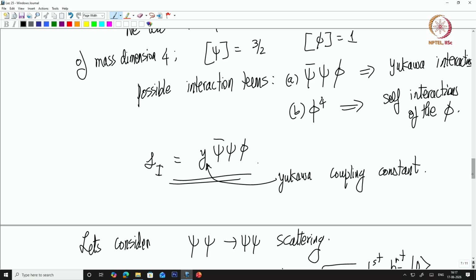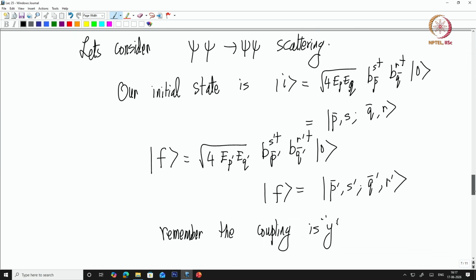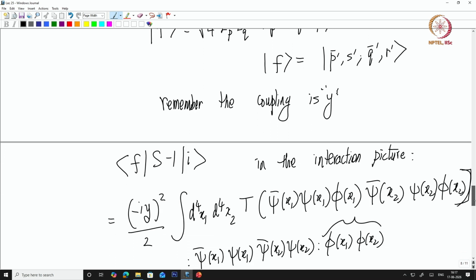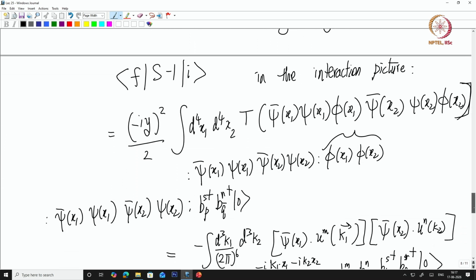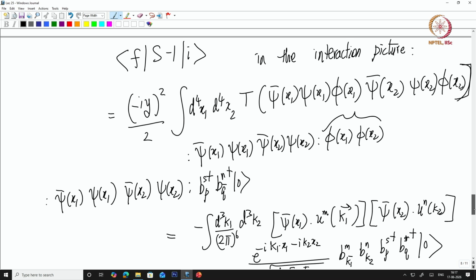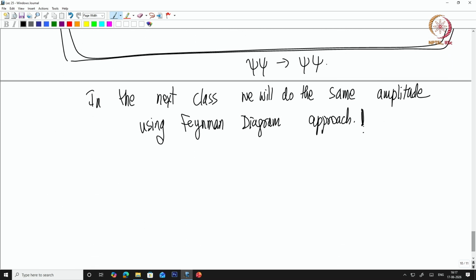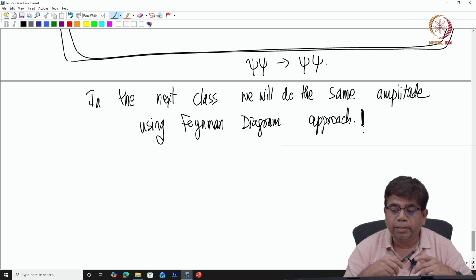And given this, we considered psi psi to psi psi scattering as the first example, and we tried to do it using Wick's theorem and the Dyson series, computing the S matrix element from that. With this, we end up having the first amplitude here, and we will repeat the same amplitude using the Feynman diagram approach